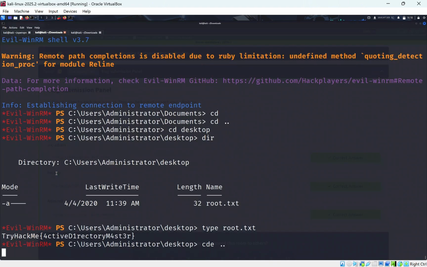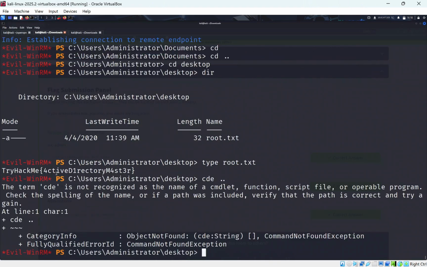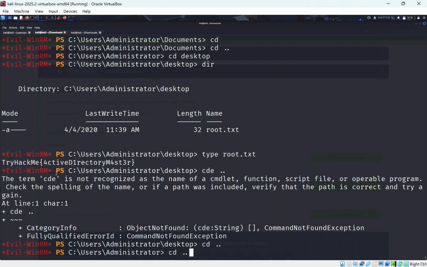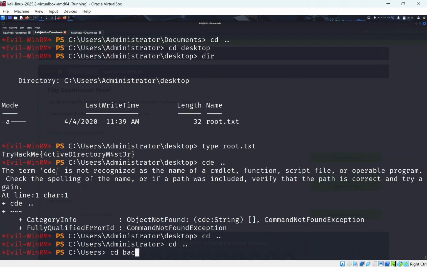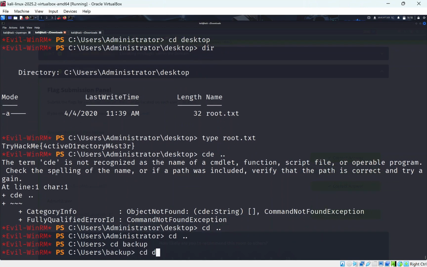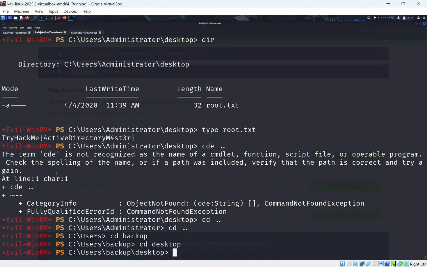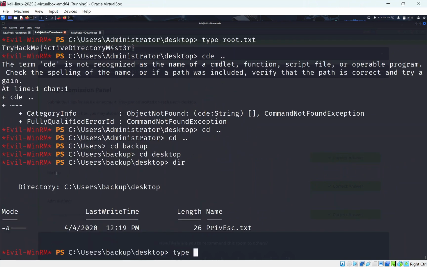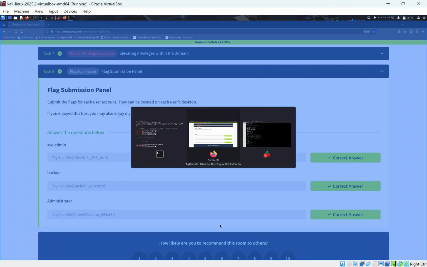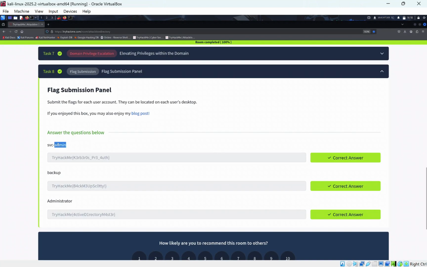And if we go down again, we can see with the administrators we need to go to backup. So if we just do cd backup, I'm going to spell backup properly this time. cd backup. So if we cd over to the backup user, and we cd to desktop, and we do type previous.txt,